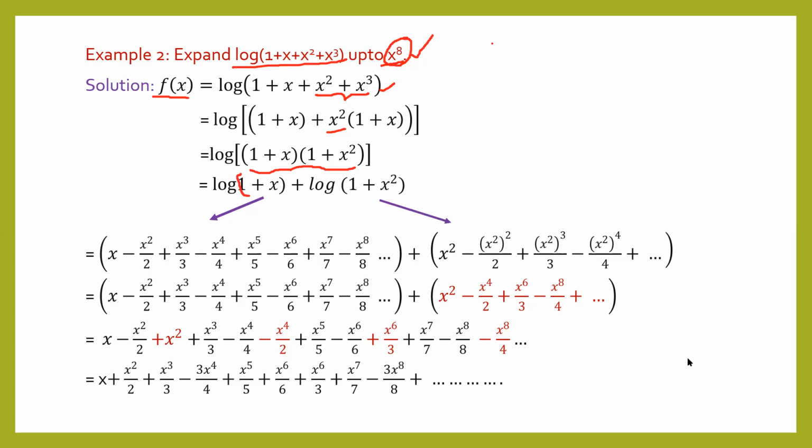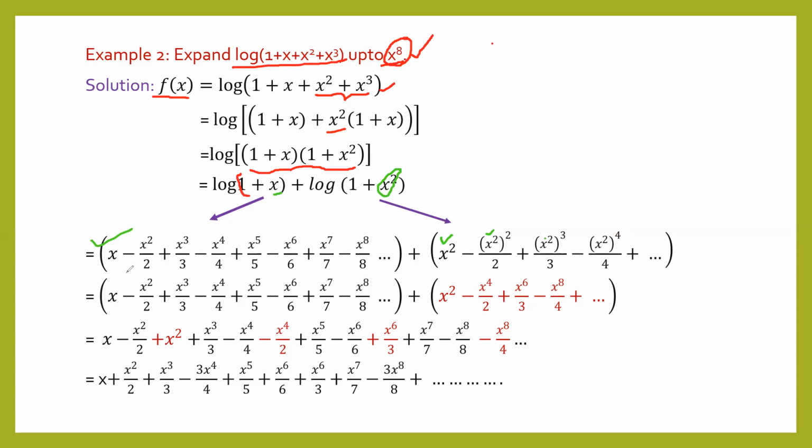Now if we need the expansion of log 1 plus x square, in this expansion for log 1 plus x, we have to replace x by x square. So wherever there is x in this expansion of log 1 plus x, you just replace that x by x square. So first term x square, second term x square square, third term x square cube, x square raised to 4, the next will be x square raised to 5. So this term x square raised to 4 will be x raised to 8. As we need expansion up to x raised to 8 only, there is no need to write the remaining terms.